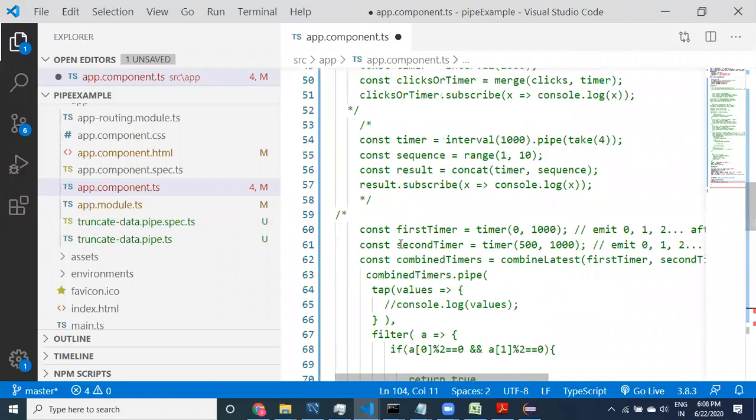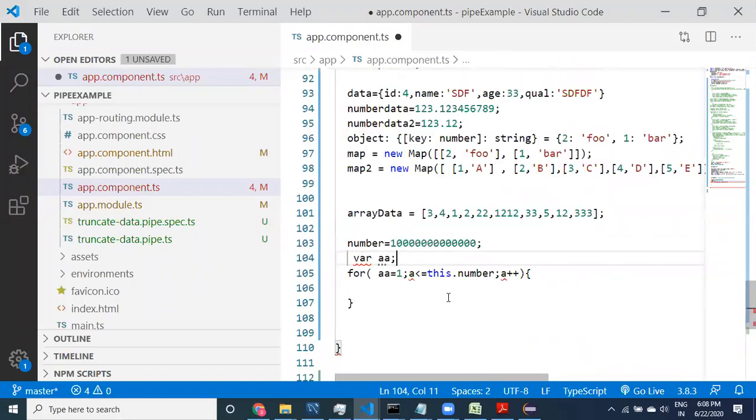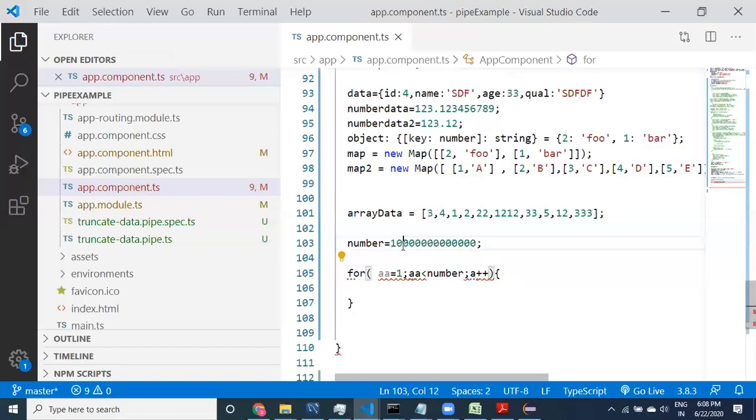Oh, we are actually in the constructor. Not this dot number, you have to take only number. Let's look at it, guys. This is going to be the loop.